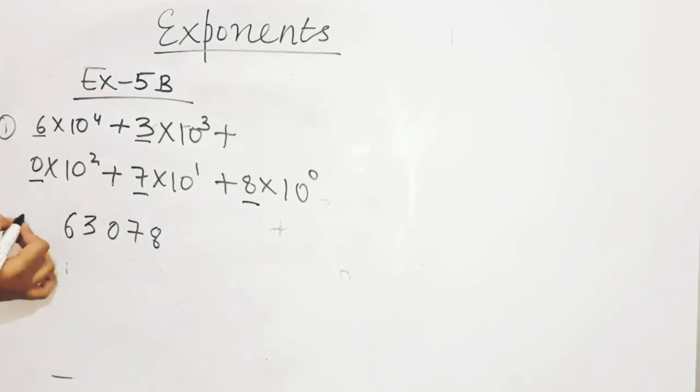Which number is this? 63078. Now option number 2 and option number 3 are left. You will do this option in the maths book and this option also in the maths book with the help of a pencil. I have informed you about classwork and homework also. So I hope you must have understood.